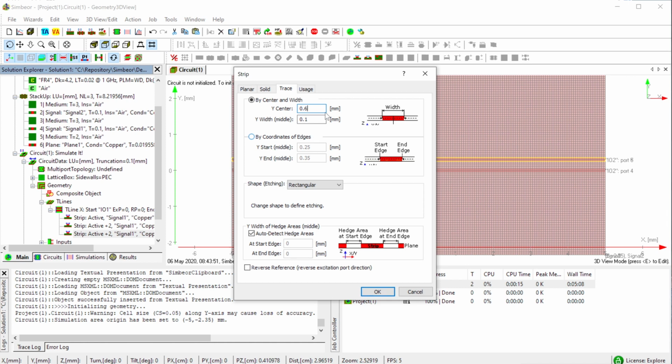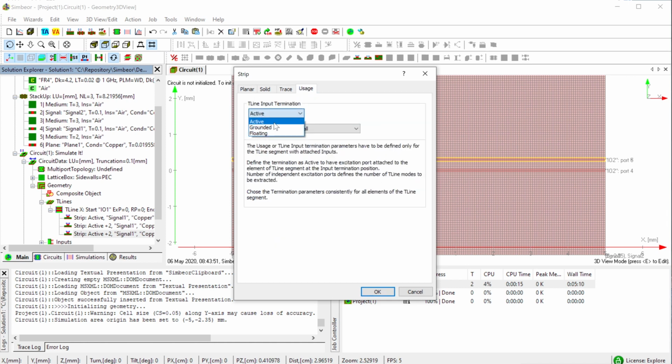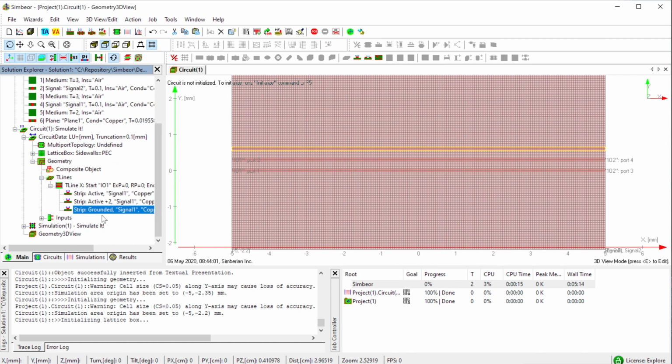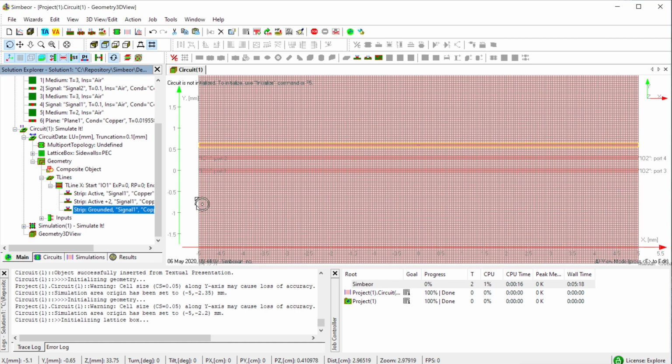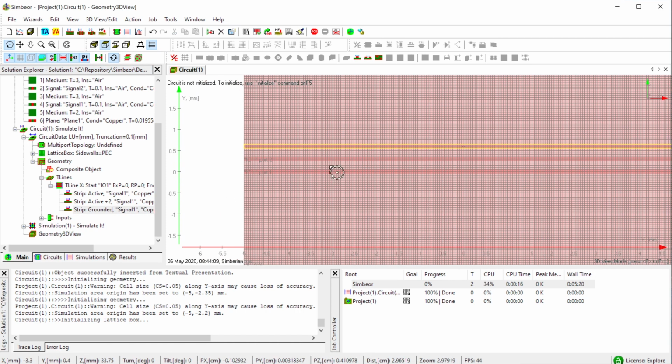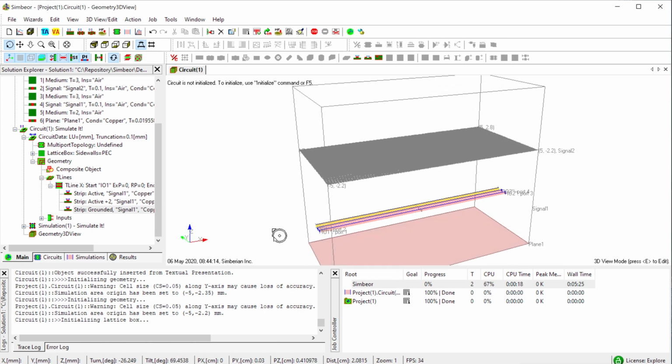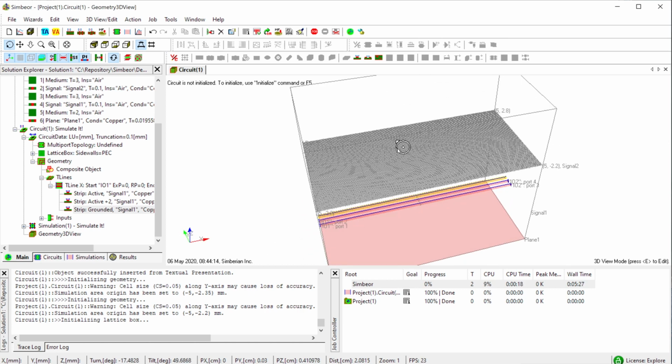This is the ground wire, and make it grounded. So this is just an ideal connection here. You can keep it like this for comparison, and now we need to create those loops